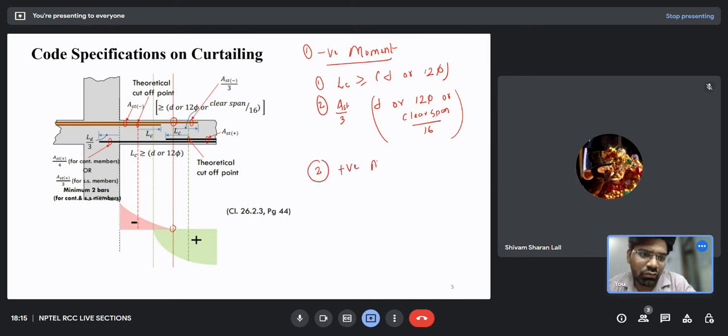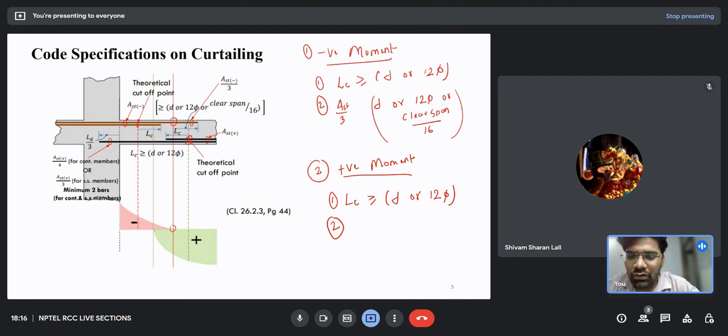Now let's see what rules we have for positive bending moment. For curtailment of bars in the positive region, we have the theoretical cutoff point over here. I should not stop my bar over here only, but it should again extend by a length of Lc, and that Lc should again be greater than d or 12 phi. And secondly,